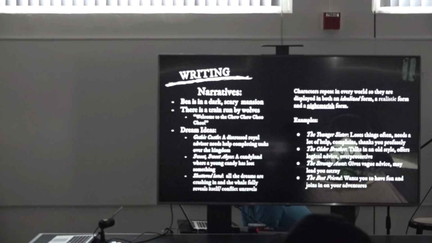Some dream ideas. First of all, B would start in a gothic castle where a distressed royal advisor needs help completing tasks over the kingdom. So that leads to the straightforwardness of the tasks. There's no question on what the player needs to do. There's Sweet Sweet Abyss, Candyland, where young Candy has lost something and needs B to help them. And then there's also the Shattered Land, which is the final dream sequence where the whale fully appears and is there to